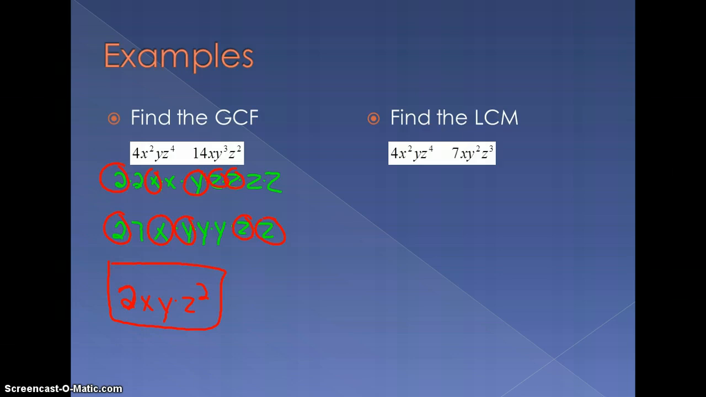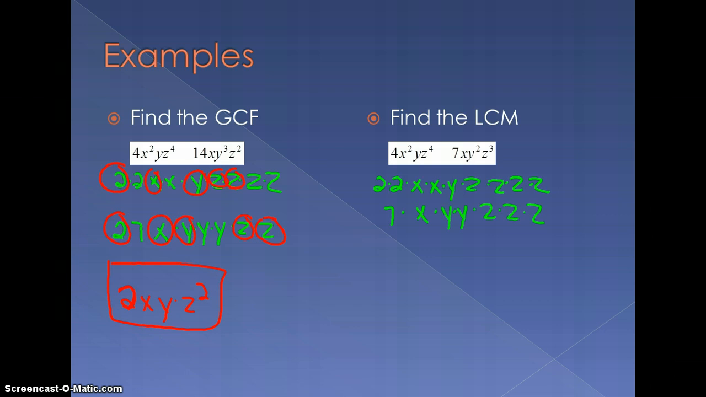Let's talk about the LCM of almost the same thing. So let's take the top here. We'll have 2 times 2 times x times y, z, z, z. Then 7's a prime number, so it's going to be here. Then we'll have x. Then we'll have y times y. Then we'll have z times z times z. As we look at these,